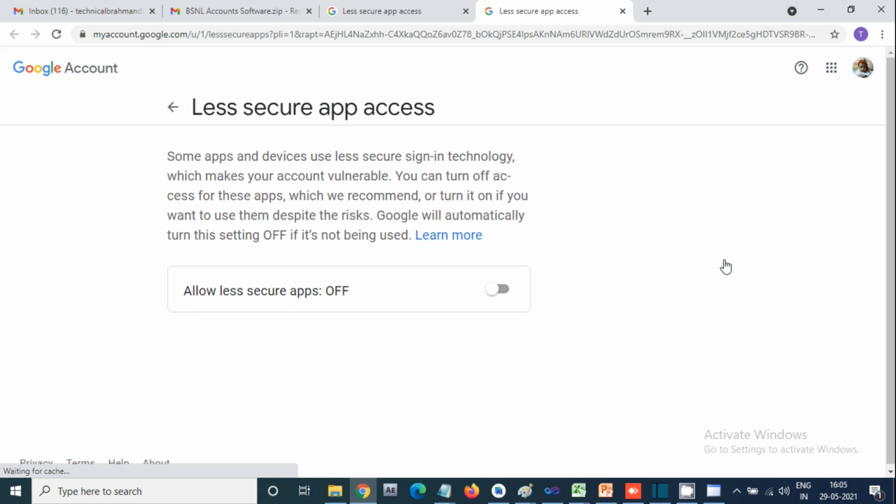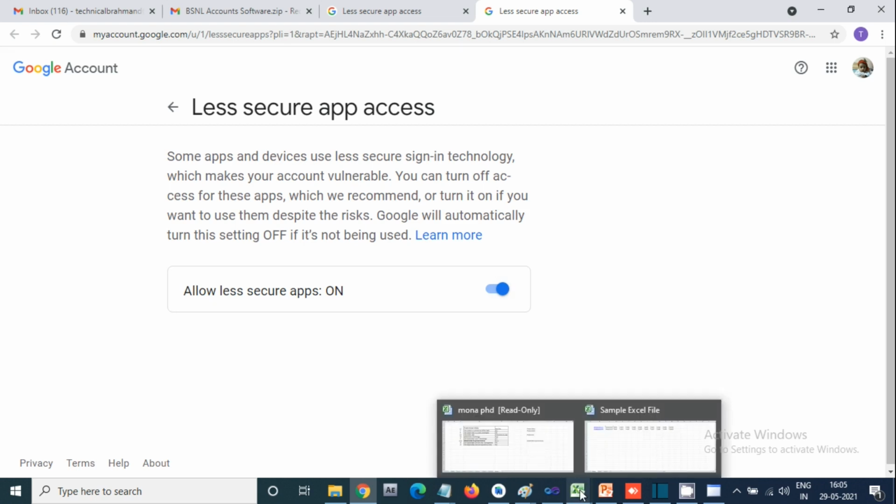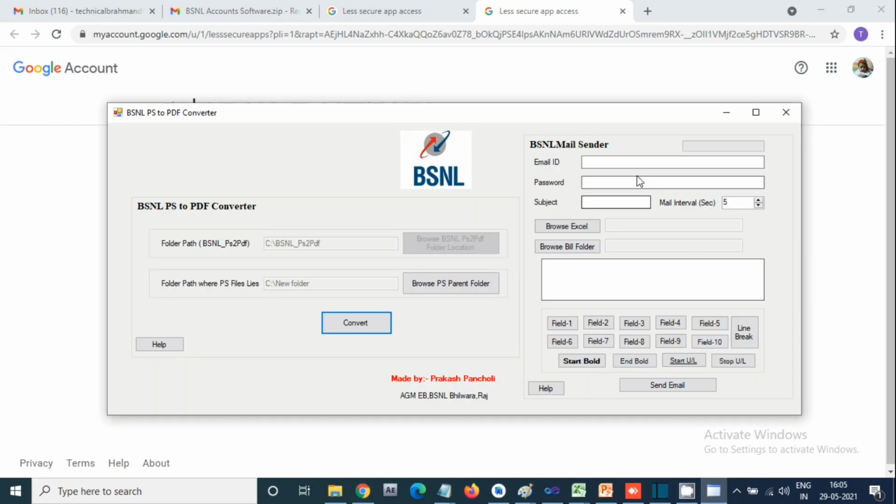Okay, so a sliding button is there. Here you have to confirm which account you want to use. Suppose I want to use my own account, pcpancholi@gmail.com, then you will see this one. So what I have to do is just enable this one. Okay, so allow less secure app option, right? Clear? So I have just enabled this. Clear? Now the second thing I have to do.